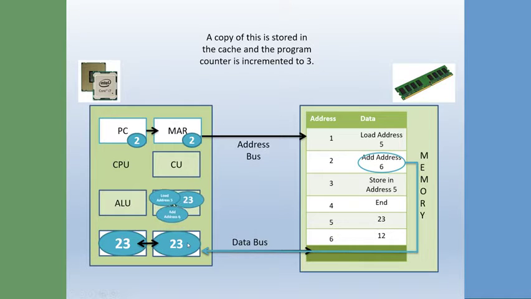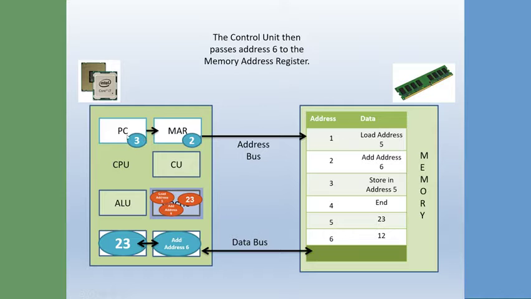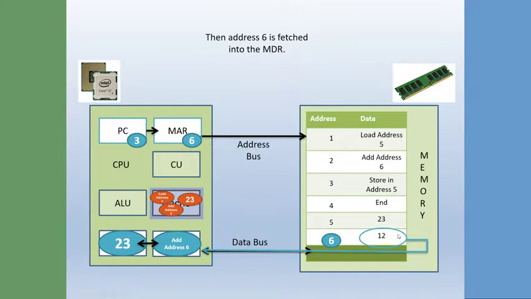It adds a copy of that into the cache memory. It increments the program counter to 3. The actual instruction, which was load address number 6, goes to the control unit, which then passes it to the memory address register, which now comes across to our memory, finds address number 6, which is the value 12, sends that across to the memory data register,